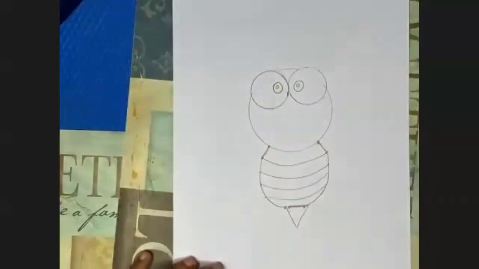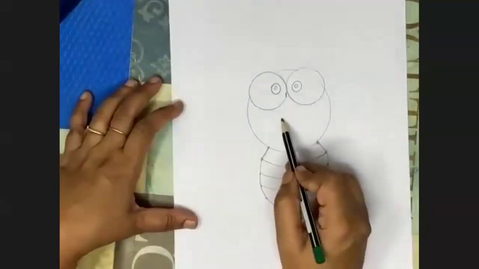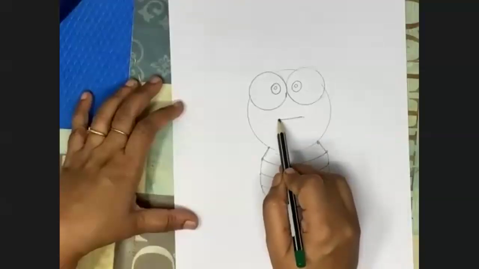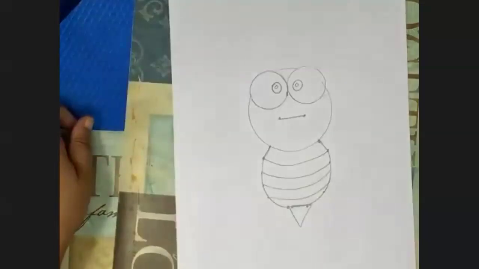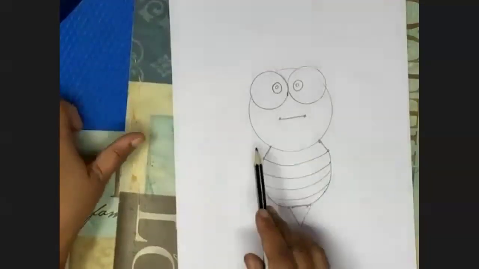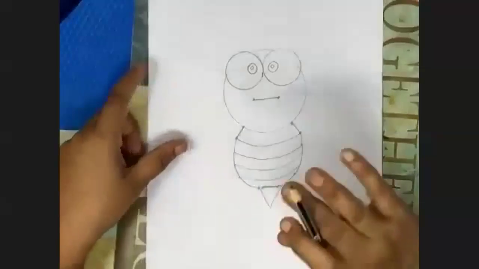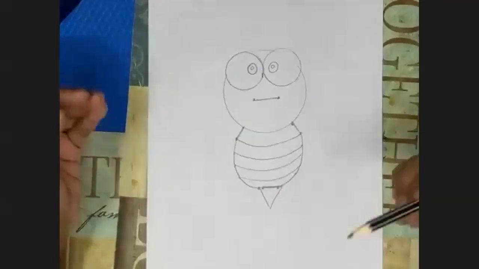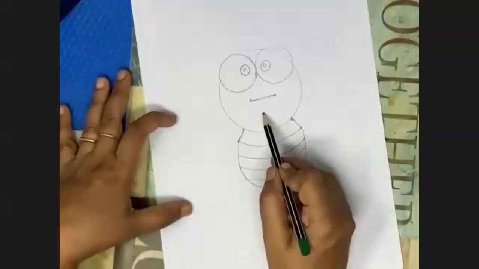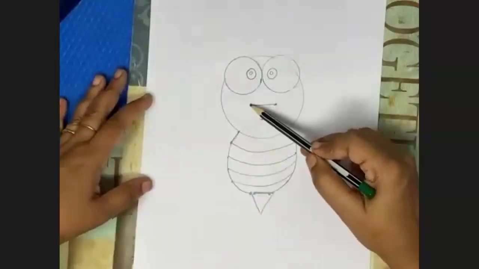Okay? Now in between these two eyes, you will make a line. We practiced it before. Smile. 2 points. Okay? Yes, letter D. So you will make a sleeping line. If you remember, see, and this is going to be smile. So we will make the same, but don't try to rush, you will not try to make it before me. Try to be in rhythm, okay? And you will mark a point also. Now see what is happening. We know my line will start from this point, it will reach here, it will finish here.